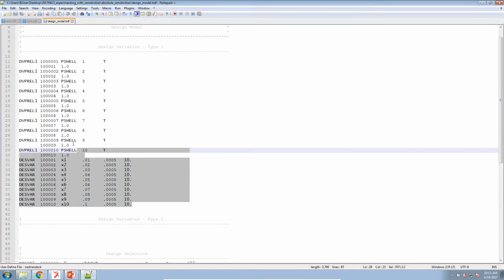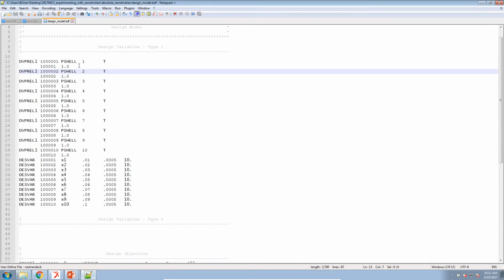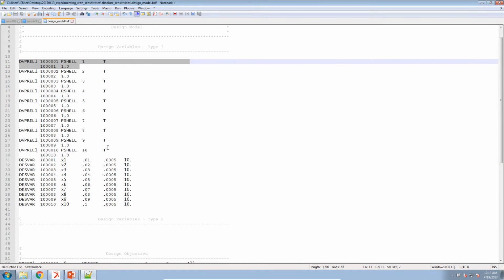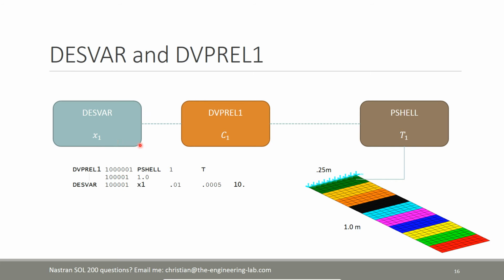So here is an example. I have a lot of dvpro1 statements. This dvpro1 statement is associated to this DSvar entry. Both of these statements combined will link the DSvar entry to the P shell T1 entry through the dvpro1 entry. Now, how are these two connected? One,